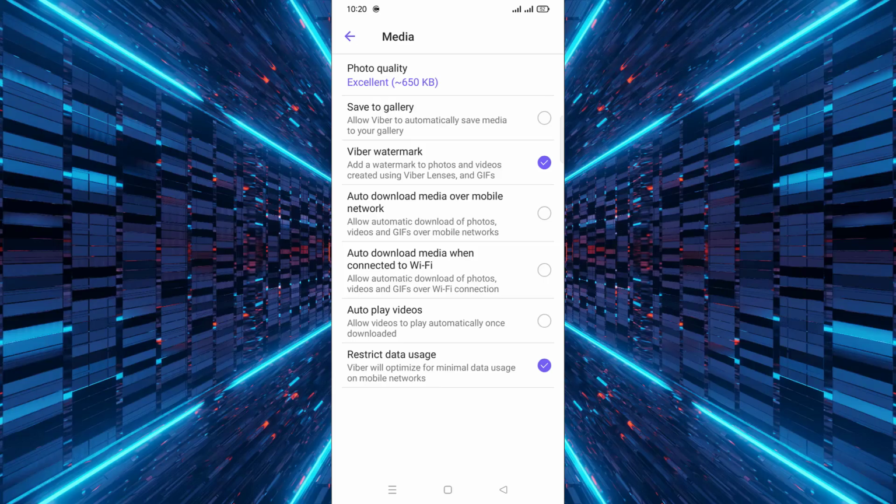Finally, once you have disabled these options, Viber will no longer download media automatically, giving you full control over what files get saved to your device. You can still manually download any media that you want to keep,